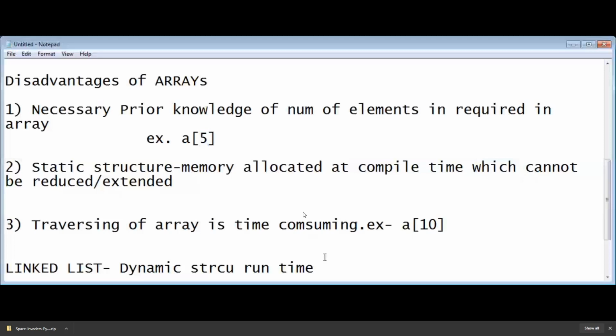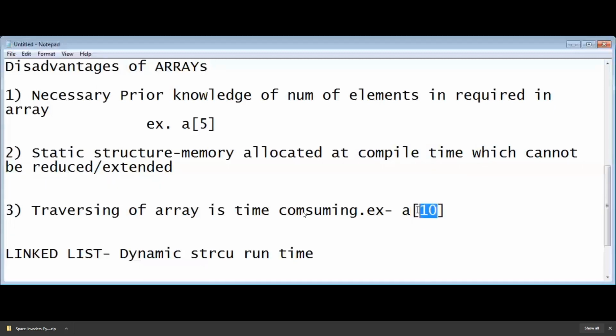Traversing is minimized because you are directly considering memory locations. If I want to visit location number 10, I can directly consider the memory location where the value is present. That's why these three are the bigger disadvantages. To overcome this, we require a linked list.